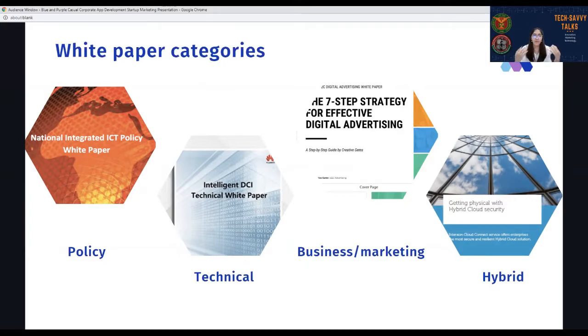But today, white papers are divided into the following categories. One is the policy white papers, which supports a political solution to societal challenges. Next is the technical white paper, which describes the theory behind a specific new technology. Another is the business marketing white paper, which explains benefits of a methodology, product, or technology. And the last is the hybrid white paper, which combines business or marketing and technical white papers and may be used as a sales tool. So white papers streamline decisions and troubleshooting by explaining a particular topic, niche, or industry.